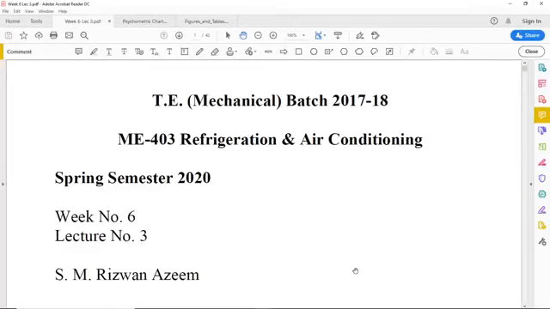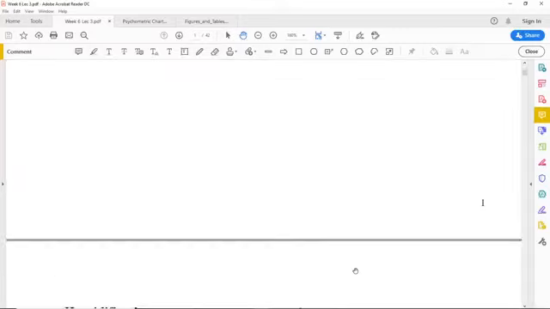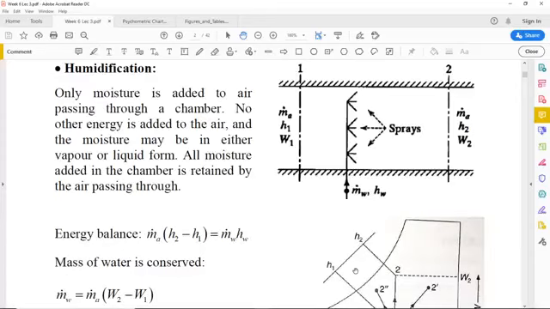In the previous lecture, we had studied two psychrometric processes. One was adiabatic mixing of two moist air streams, and the second one was sensible heating or sensible cooling. Continuing with the psychrometric processes, the next process is that of humidification, in which we add moisture to a stream